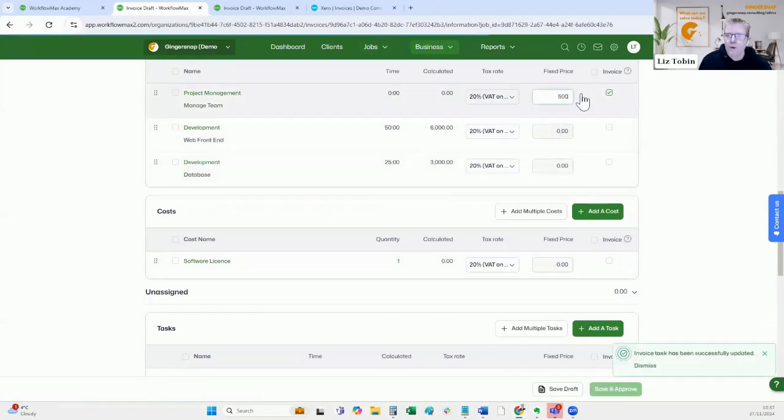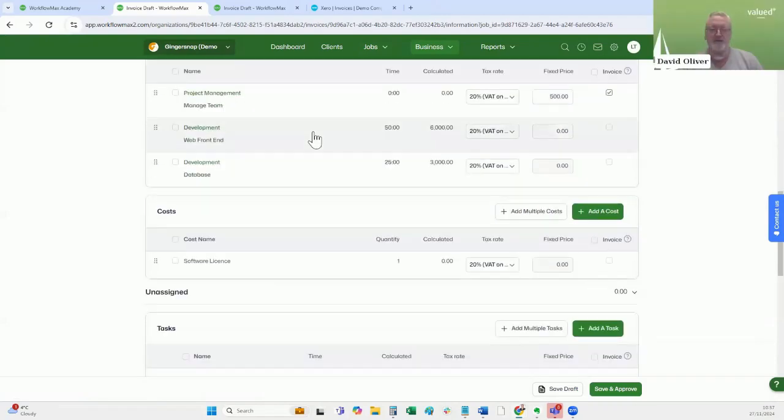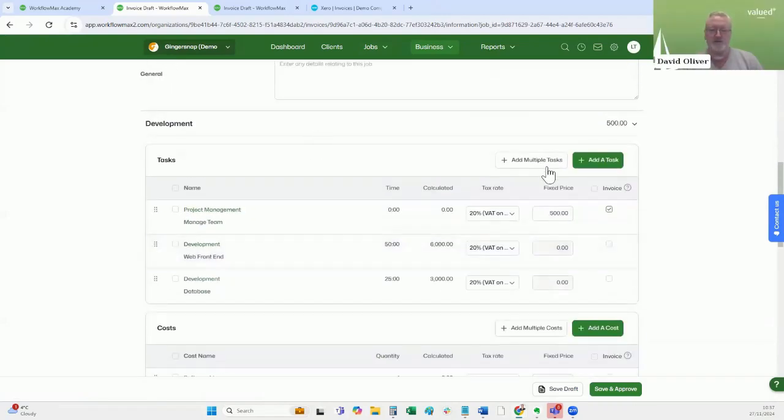Let's just do £500. There's no project bulk management deselect item on this one, actually. That's an interesting point to make, Liz. While we can bulk select to remove items on the left-hand side, we can't bulk select to say that we're,